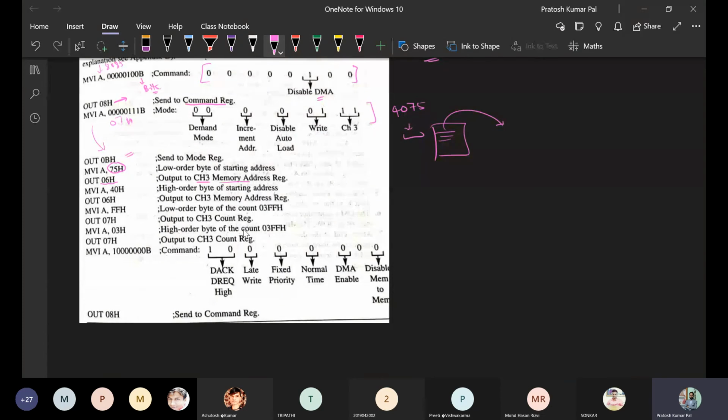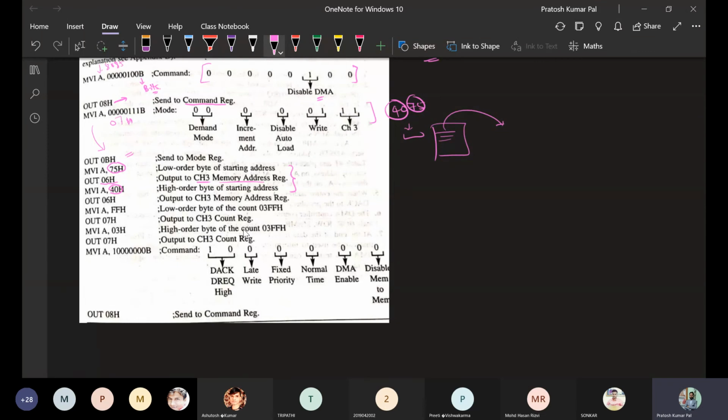To the memory address register of channel 3, the lower byte will be sent first, and then the higher byte, that is 40. So we send 75 first and then 40. That means the complete address has been sent by these two instructions.